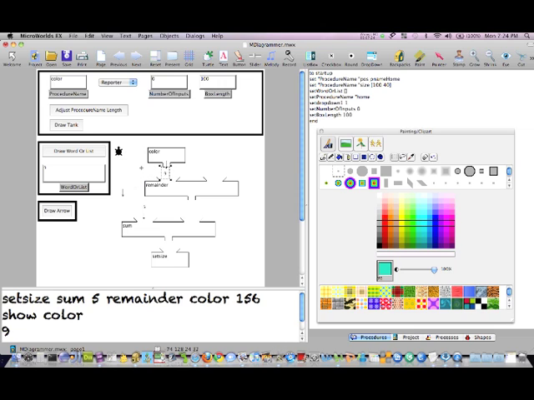And that becomes our first output to remainder. Oop, I don't have enough room. So I better move this up a little bit. There we go. So now we've seen color,